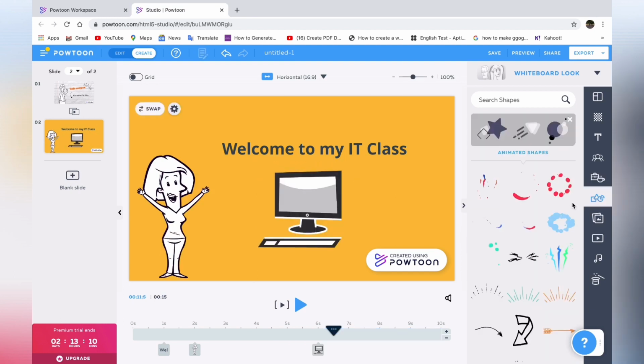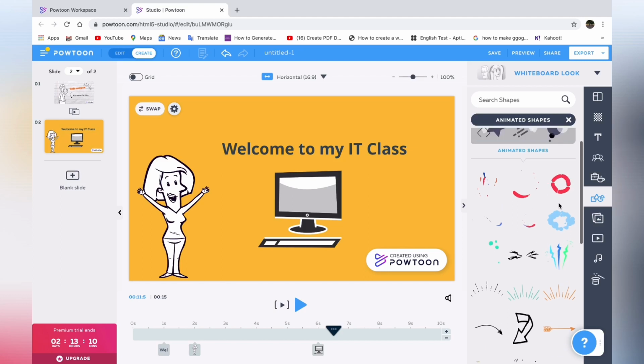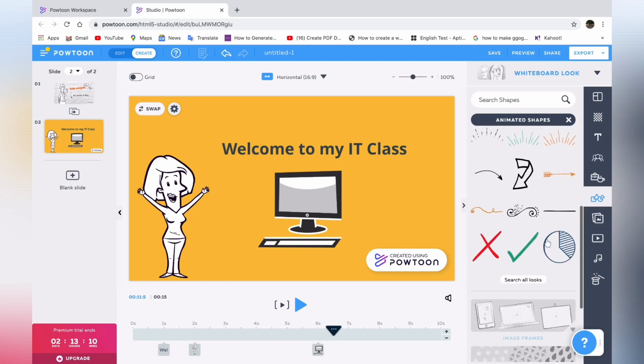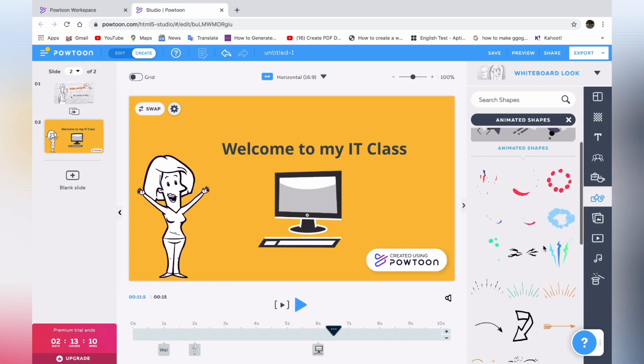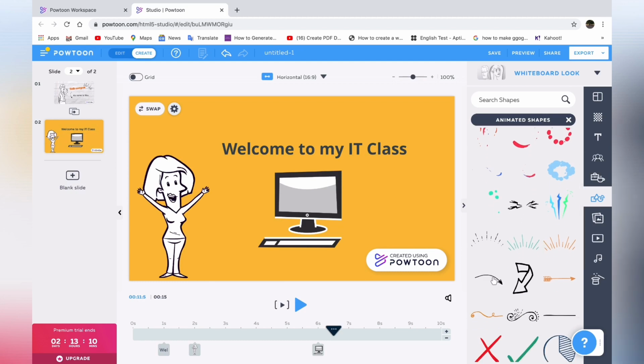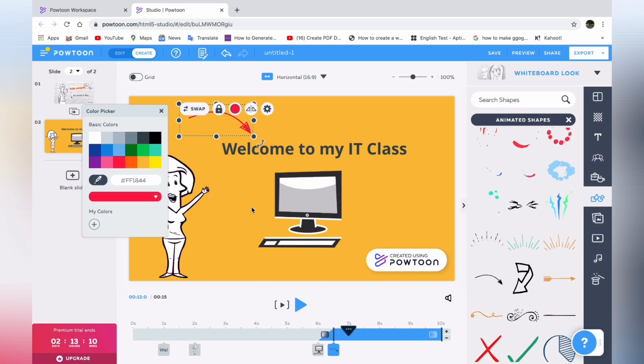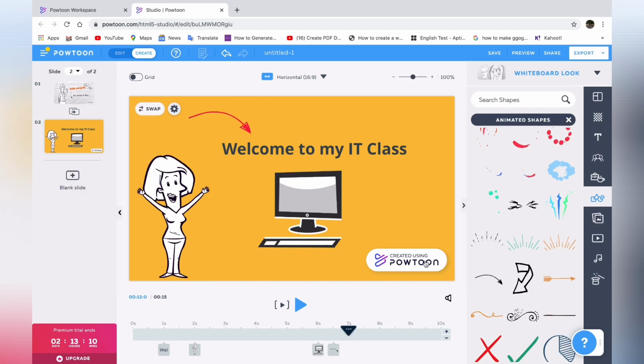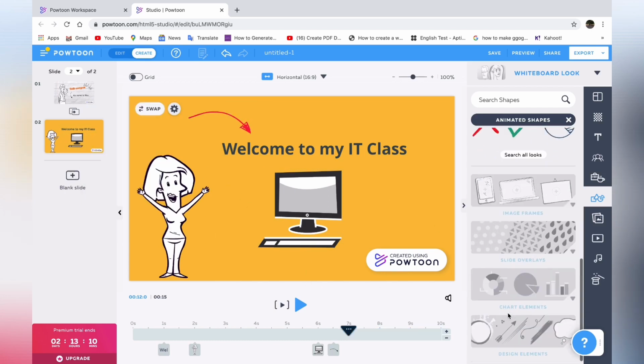Like here I choose the desktop, and now I am adding some shapes on my slide. So I select the shapes option from the right hand side toolbar. So I'm choosing one arrow, that is the animated arrow, and I can drag and drop it on an appropriate position on my slide. I can change its color or size.